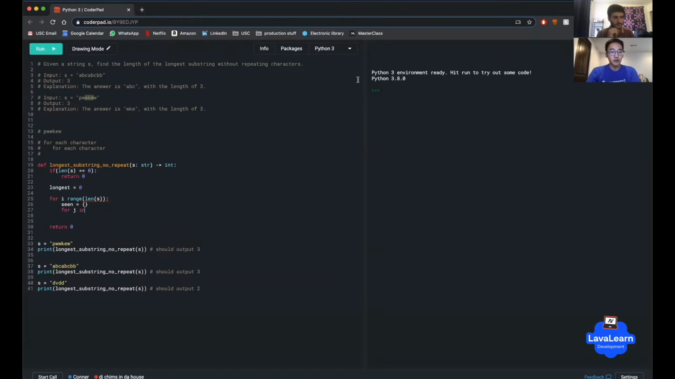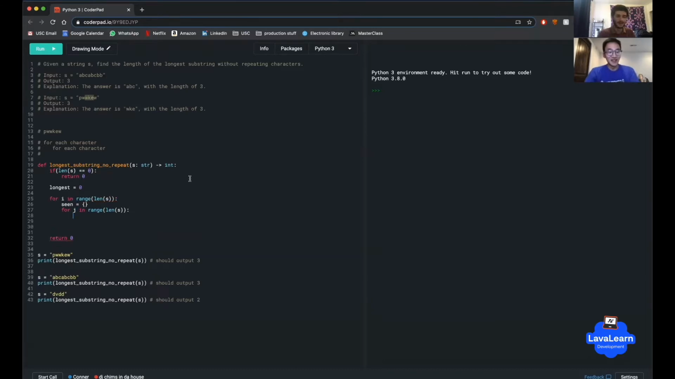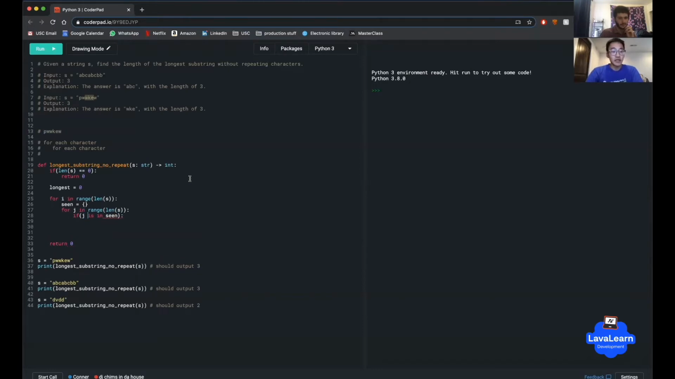Next, we'll do our inner for loop. Then here we want to check, why is this complaining? I think you're just missing the in keyword. Yes, thanks. Okay, now so I is the start of our substring, and then J is what we're scanning across the string for. So we want to see if we've already seen J. So if J is in seen, or if J is not in seen, J not in seen,